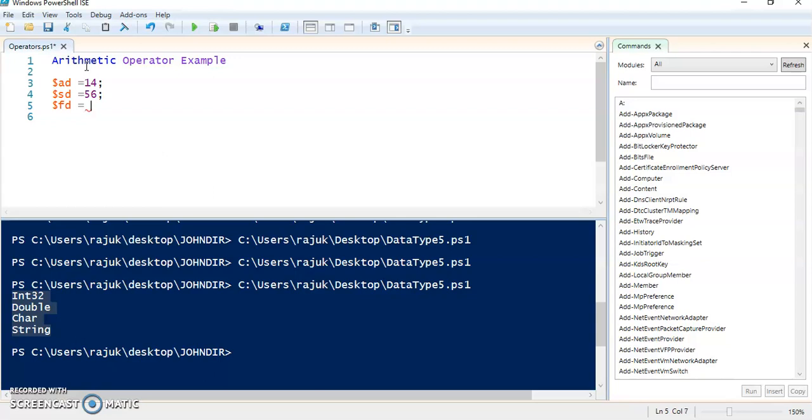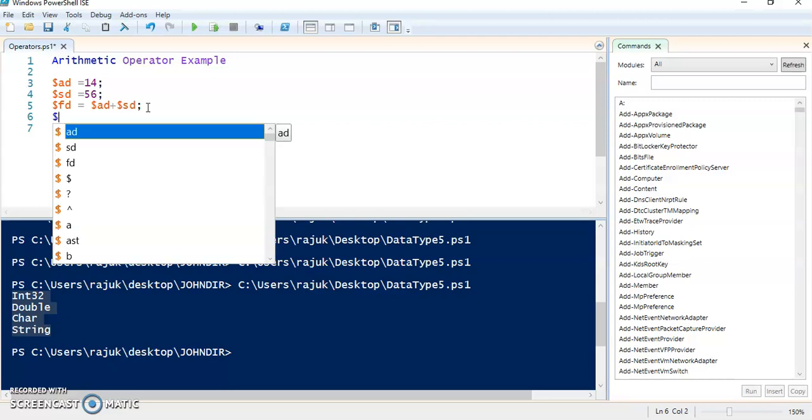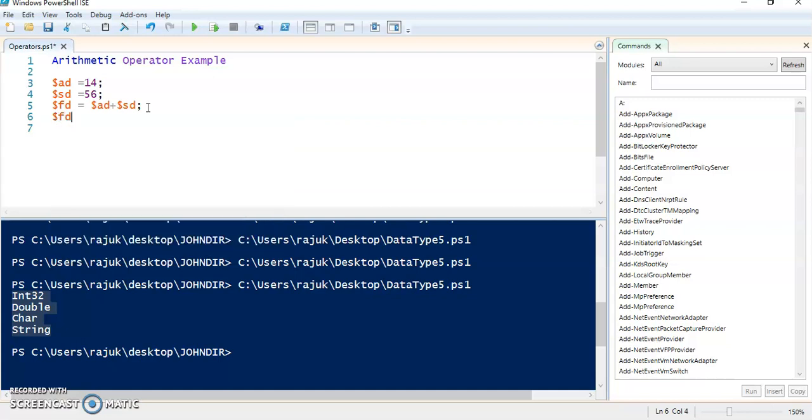FD equal to AD plus ST. It means it will calculate both values, AD plus ST, and give the total as a result. It will do the plus, and then we store this value in FD.